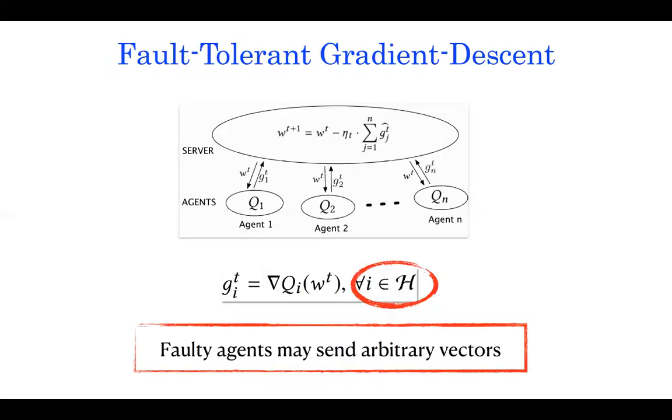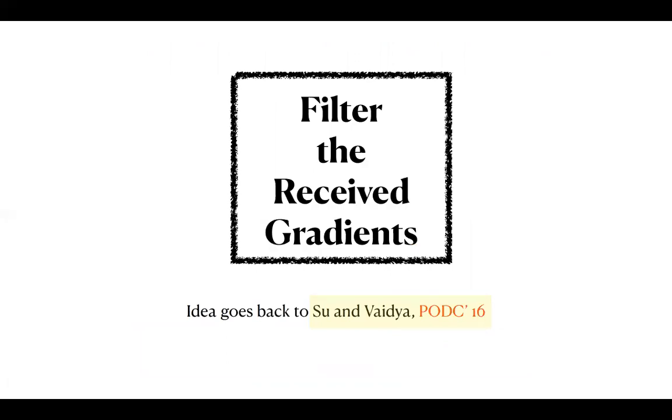Now coming to the faulty setting, where some of the agents are faulty, so they may not be sending the server correct gradients. In this particular work, we consider that the server is trustworthy, meaning the server is free from faults. Because the faulty agents may be sending arbitrary vectors to the server, the traditional gradient descent algorithm is rendered ineffective in the presence of Byzantine faulty agents. So how can you take care of such Byzantine faulty agents in distributed gradient descent?